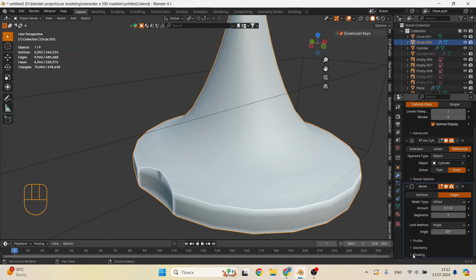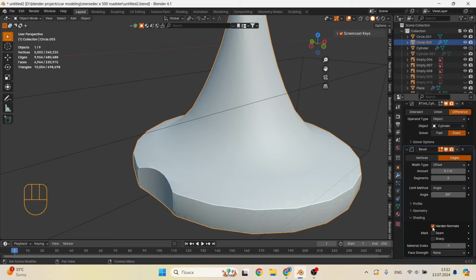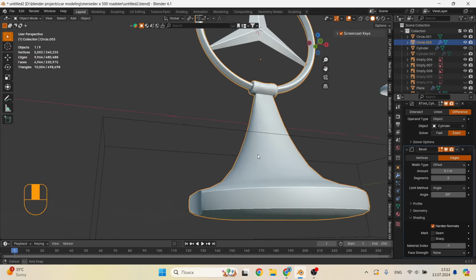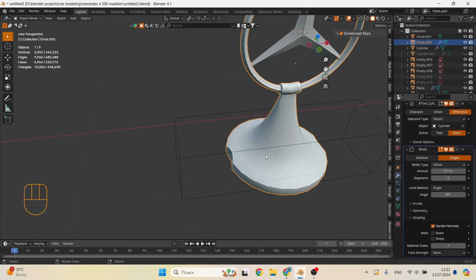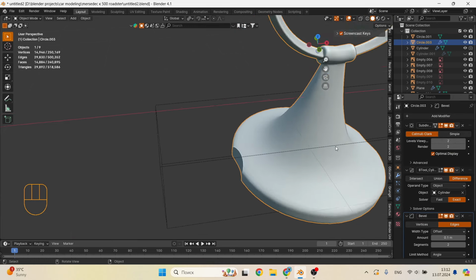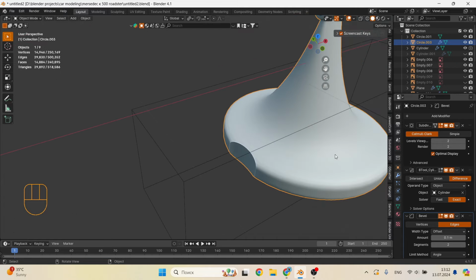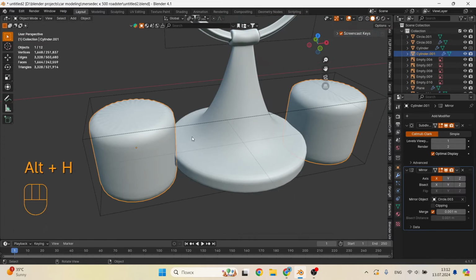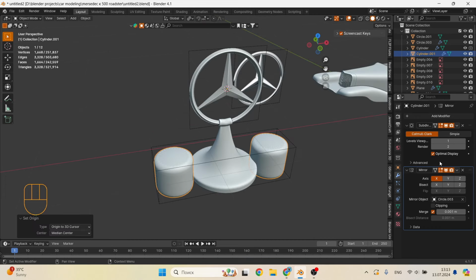Well, as you can see, it did not go perfectly. In order to fix this, you need to add a bevel modifier with the number of segments two, and also in the shading tab, check the box next to the reinforced normals. I really like how this setting works. But this is not enough for us. We need to add another subdivision of the surface in the subdivision modifier. And then we get the perfect result.